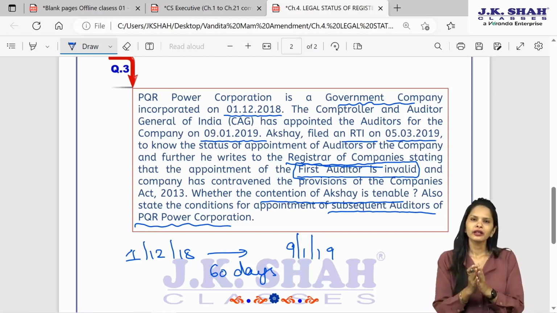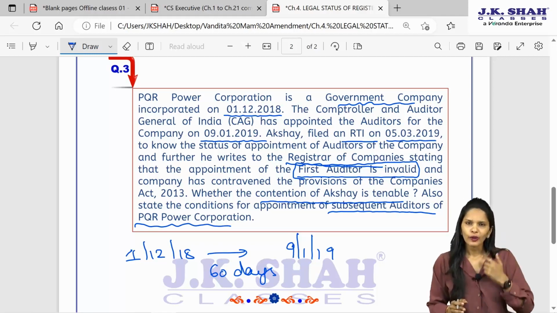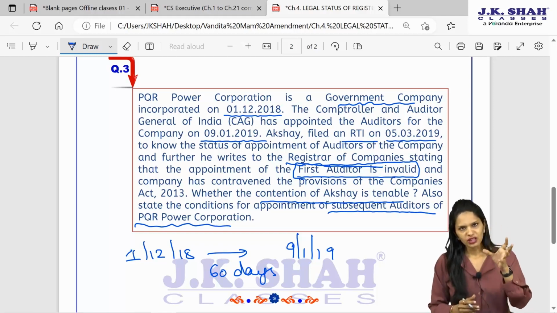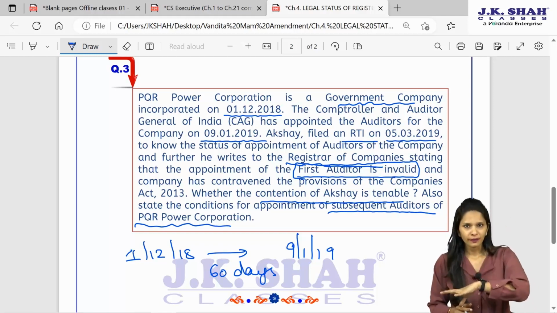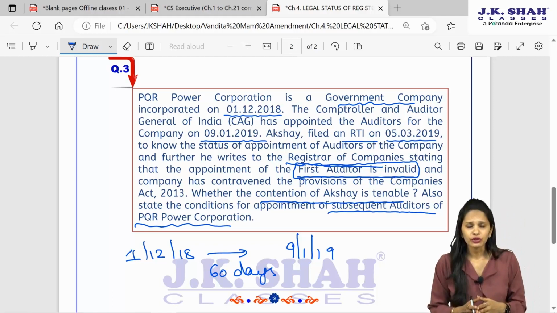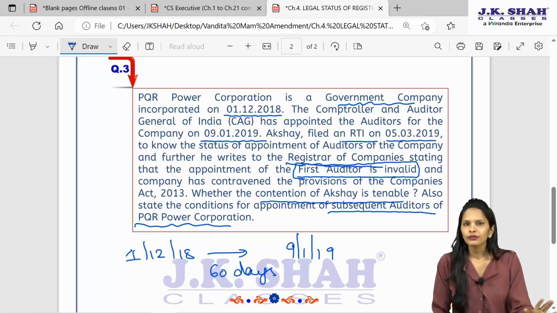Now why did this RTI and all come into place? Because ICSI wants you to get confused. Okay, so if you don't understand this RTI and all, read the question again and again. The main problem is students start focusing more on RTI rather than the question. They will write a hell of a lot of matter earlier, in the initial part, so that you all get confused. Always focus on what the question is about. I hope all of you understood this.